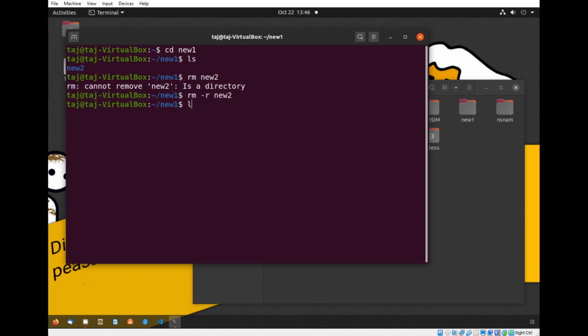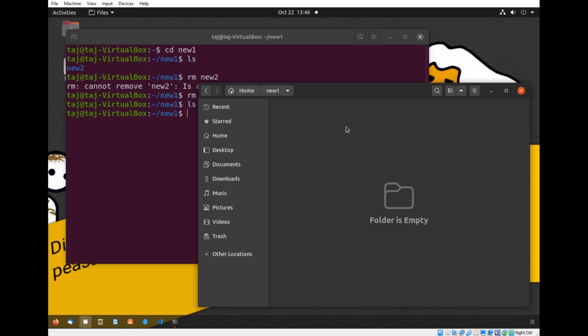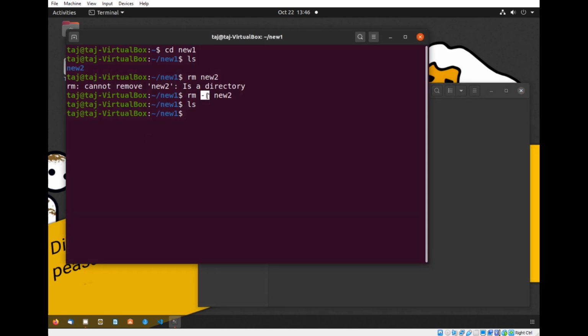So if I do this ls command, as you can see, this new2 doesn't exist anymore. If I go to the graphical user interface, as you can see, this new one is empty. Now the reason we have to use dash r or hyphen r is because